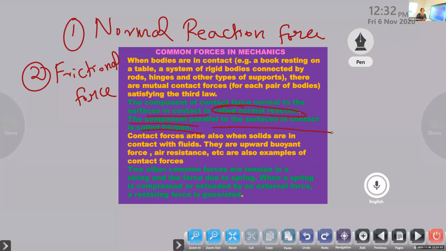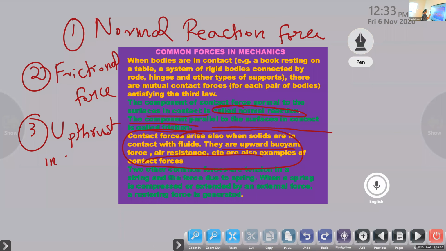And also, similarly, I already taught about upthrust. So this normal reaction force actually is the upthrust, but in the case of above the surface of the earth, we just call it normal reaction force. Mainly we call it upthrust in the case of air and fluids. Similarly, the third concurrent force is upthrust.